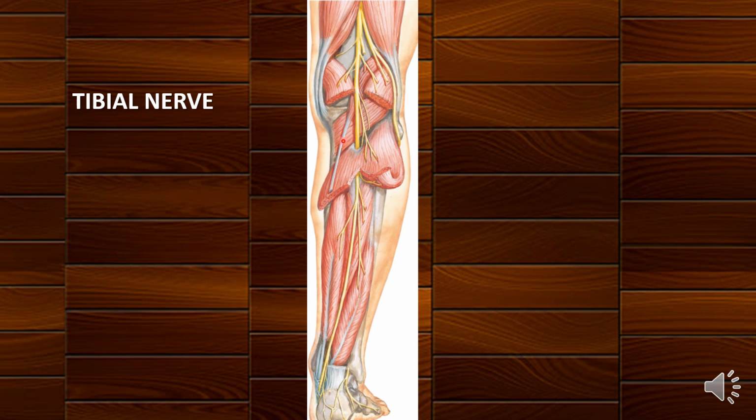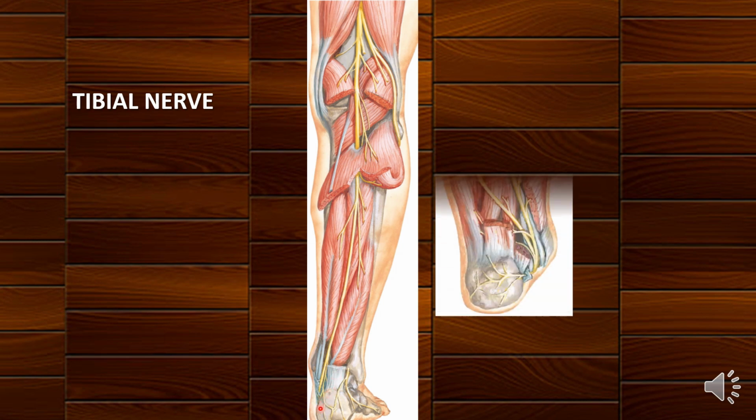So popliteus is supplied from the deeper aspect, and after supplying the muscle, it is also going to supply the joints: superior tibiofibular joint, the interosseous membrane, inferior tibiofibular joint, the tibialis posterior muscle, and a medullary branch to tibia. So that is the peculiarity of the nerve supply to popliteus. This is very important. The tibial nerve is also giving an articular branch to the ankle joint. The articular branches to the knee joint were already given off in the popliteal fossa. We have learned about the three genicular branches. In the posterior compartment, the tibial nerve will give an articular branch to the ankle joint, and it will end by